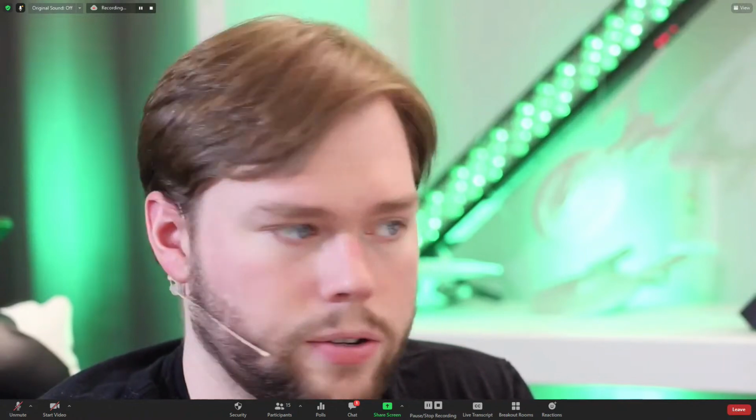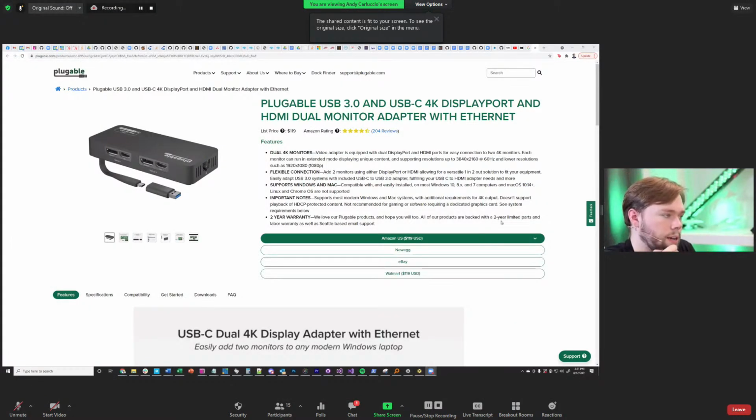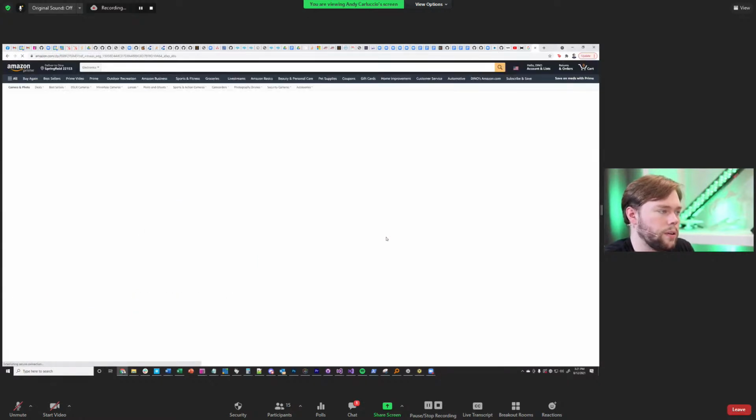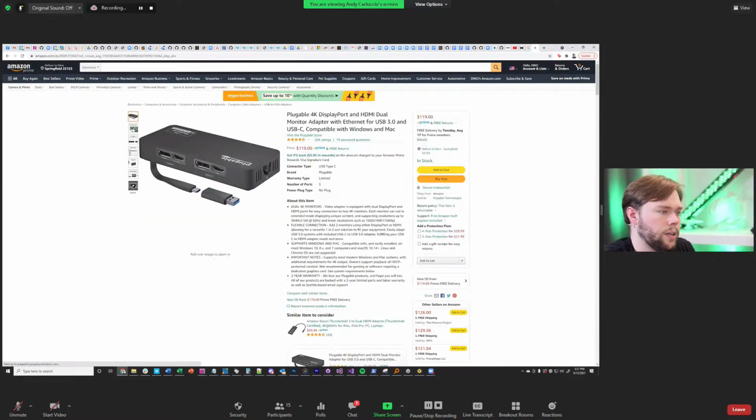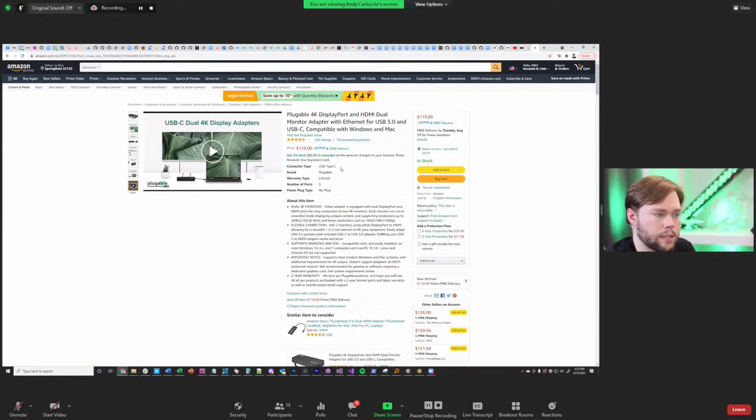I'll show you the product here. This is what I bought. It's a little bit of a beefy box, but let me go over to Amazon. You can see it there. This is the device. You have the option of using DisplayPort or HDMI. You can't do them both simultaneously, but in my case, I'll just take the HDMIs out. It terminates in USB-C. It does have the USB-A adapter. It is DisplayLink, and it's from this company called Pluggable, and it's $120. So I felt that was going to be an interesting choice. But I couldn't find anything else that met these criteria.